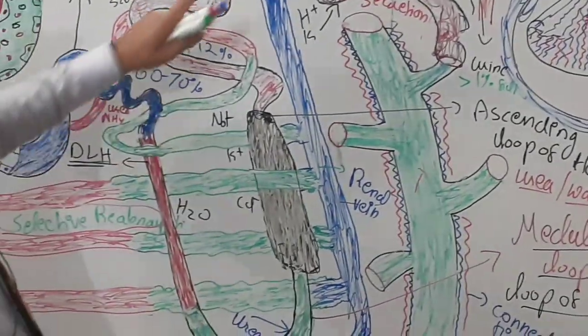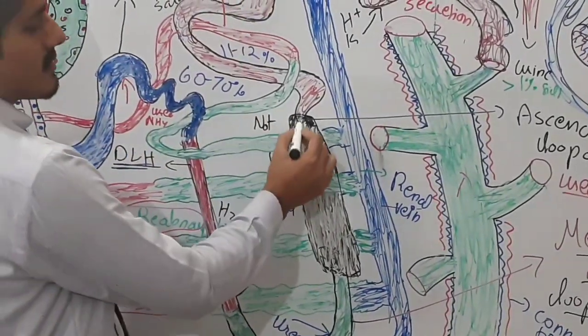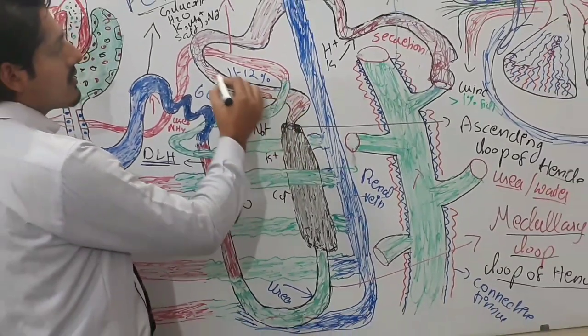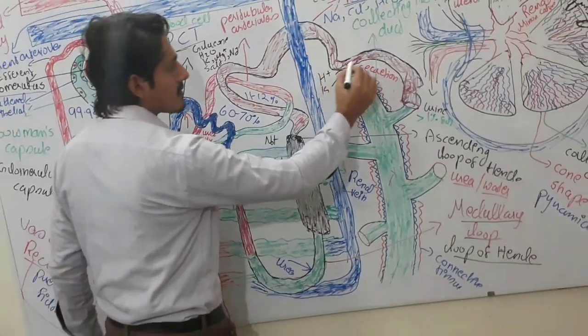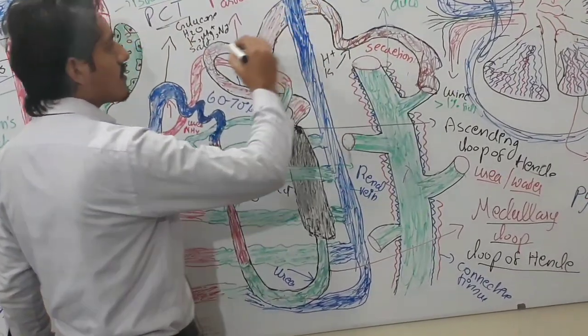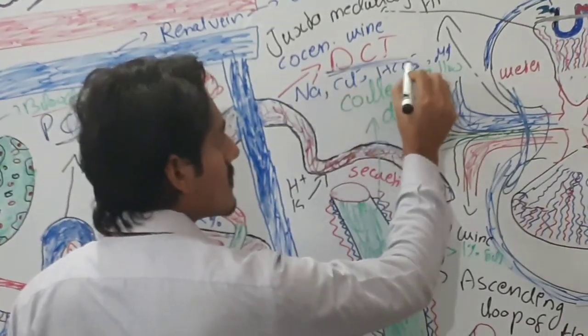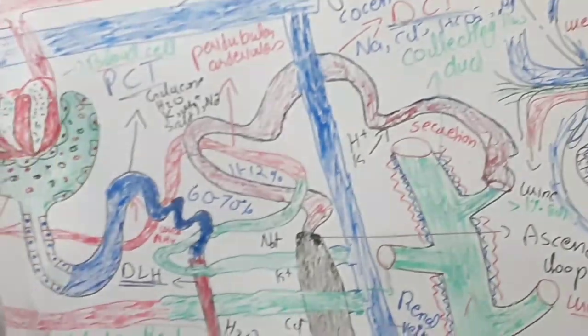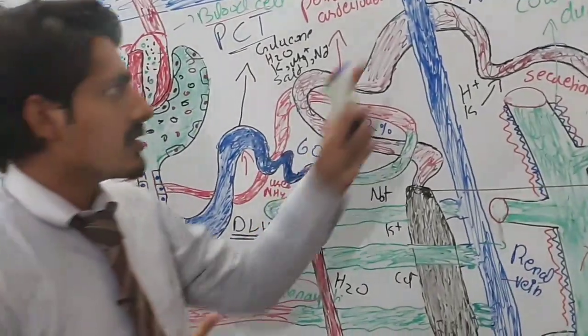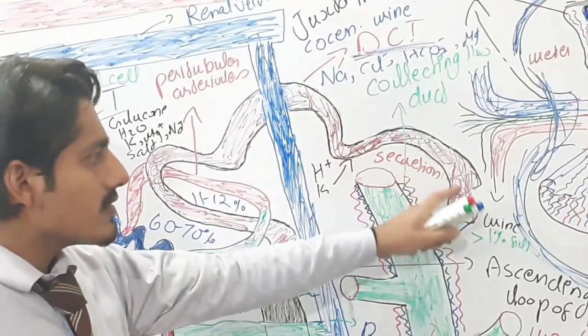And the last one, after the ascending loop of Henle, there is again a convoluted structure. This portion is called the distal convoluted tubule. Distal is the last portion of the nephron, therefore it is called the distal convoluted tubule, and the distal convoluted tubule is